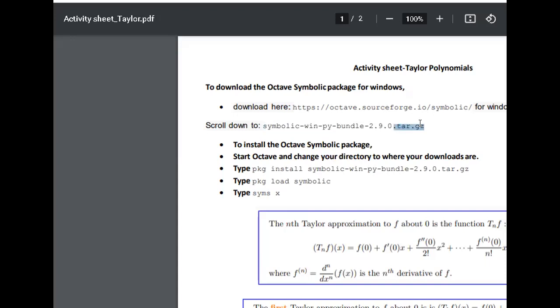I think this extension is Mac, right? Mac OS. Yeah, download that. And let's see how to install that one, right? Did you download? So I have to download that file onto your hard drive, right? Now we are going to install that package on your computer, right? So to install that symbolic package, open